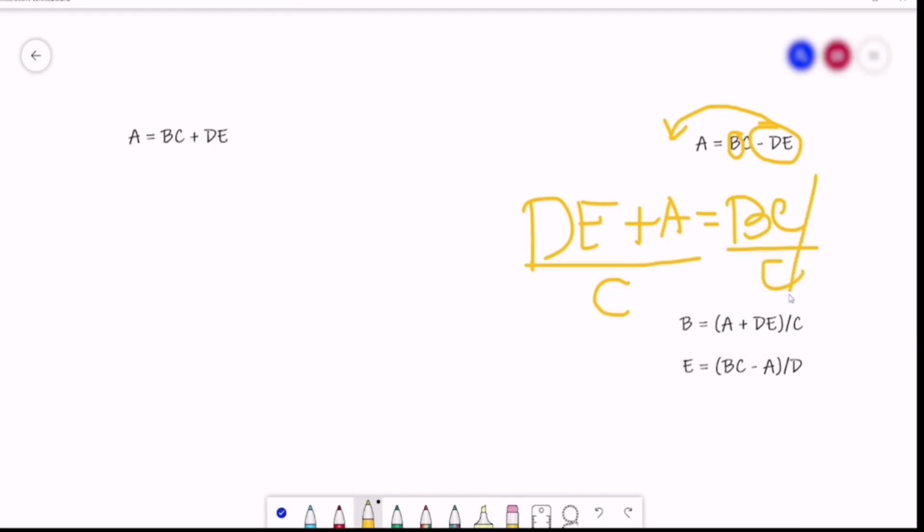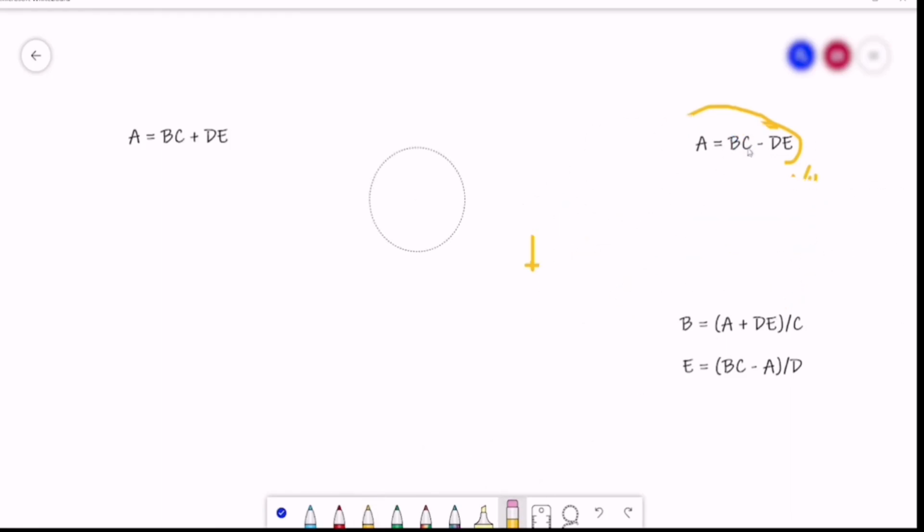Must have forgotten to eliminate that C here. Right now we have B equals the quantity of A plus DE all over C. Whenever D is missing, same thing just like how we got D, all we have to do is to move BC towards the left side of the formula, causing it to become negative. Negative BC plus A equals